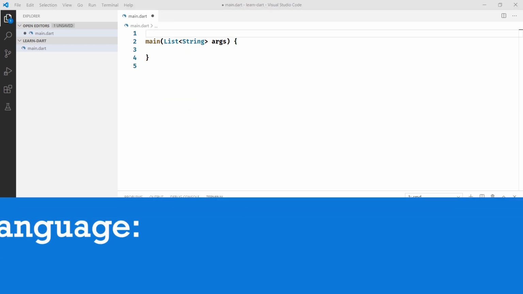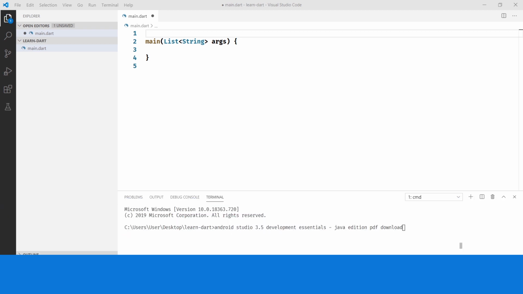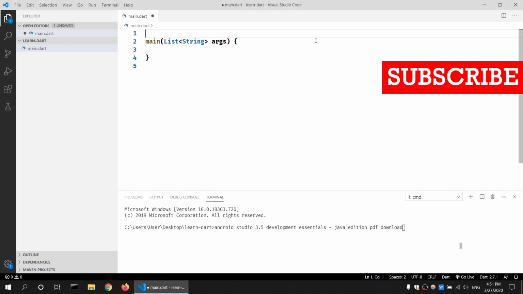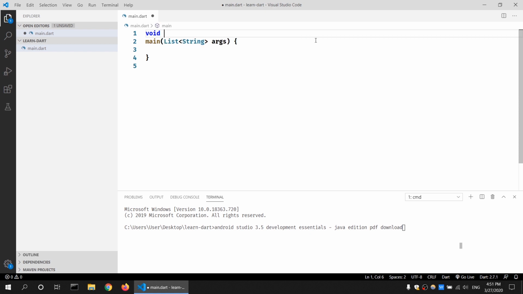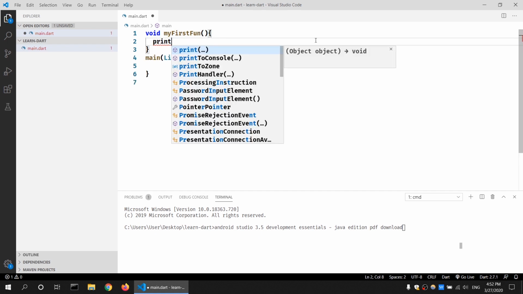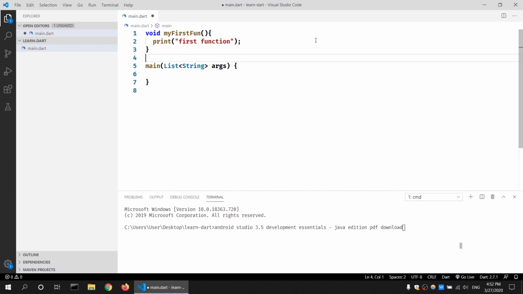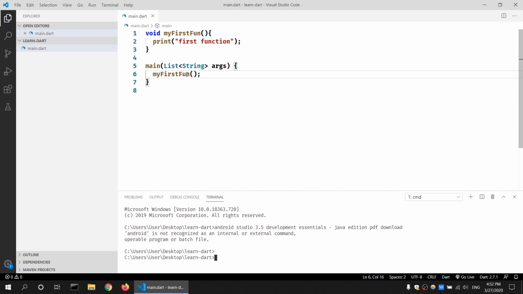So now let's talk about functions in Dart. We say Dart is an object-oriented programming language, so even functions are objects, and this means that they have a class type called functions. So let's create a very simple function and try to invoke it. I'm going to create a function that returns nothing, which is void, and I'm going to call it my first fun, and this function is going to print first function, and we can invoke it by calling my first fun, and if I compile it,